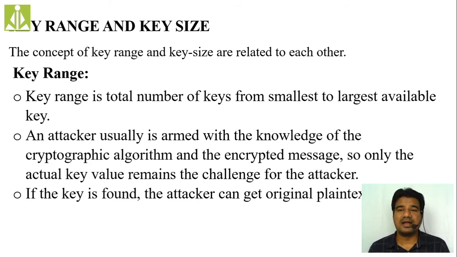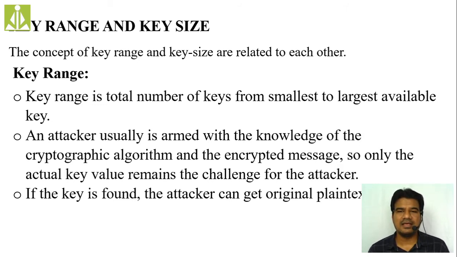So now the attacker is armed with two things. The first one is the cryptographic algorithm, which is a very important thing, and that is already public, and he knows the cryptographic algorithm. And the second thing is the ciphertext, which we also transmit over the public channel, so he can easily capture that ciphertext by simply sniffing the network. And two more entities that are missing over here are the plain text and the key.